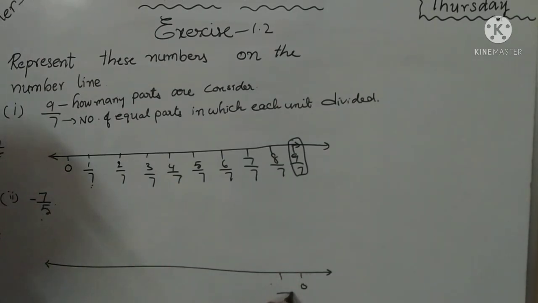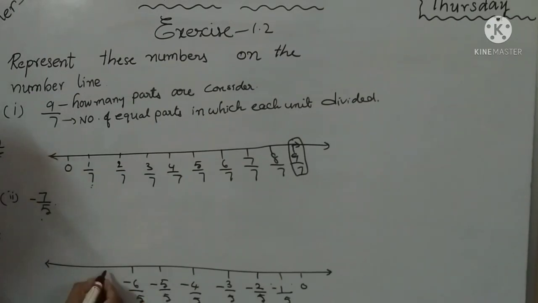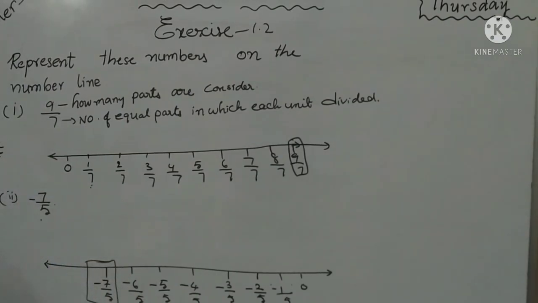So, minus 1 by 5 on the left side, minus 2 by 5, minus 3 by 5, minus 4 by 5, minus 5 by 5, minus 6 by 5, minus 7 by 5. This is minus 7 by 5. Understand these two problems? Okay. Next